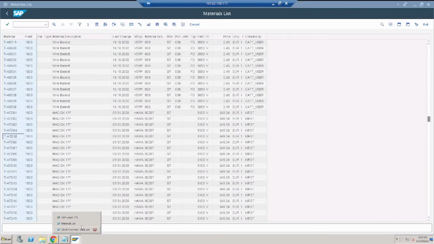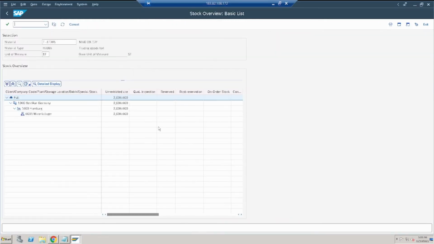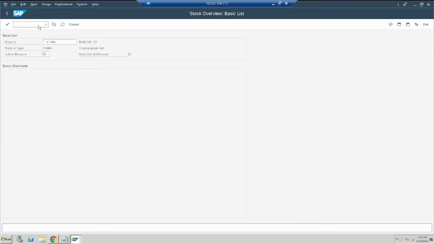We can do it with the same material also, there is no issue with that. So I'll just copy the material and go to the table so that I can find its storage location. So /n SE16N for the table.